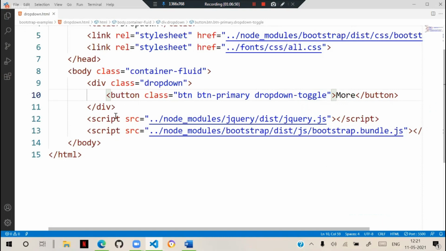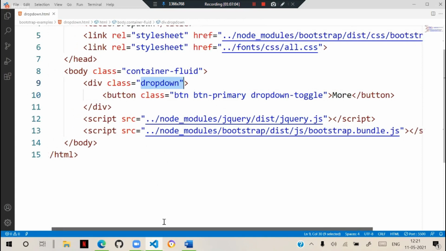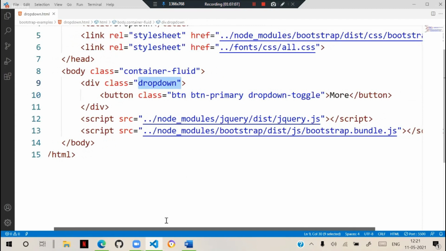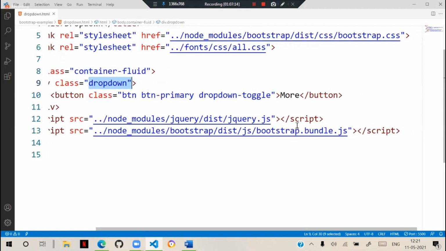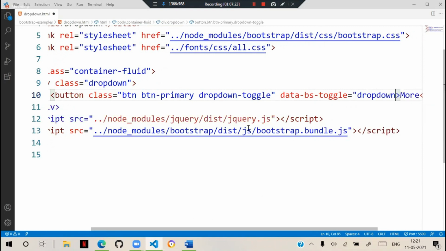Generally, when the user clicks on the button, this drop down should toggle, so the drop down should open and close. Then usually what we do here is create a configuration for that with the attribute. We have to write data-bs-toggle. It should toggle the drop down.